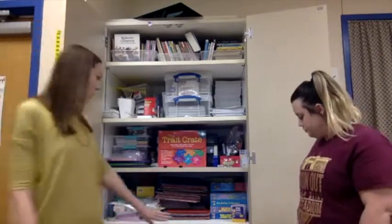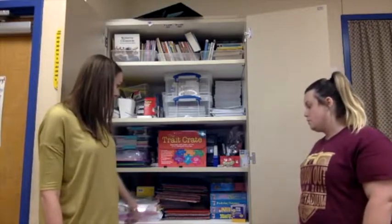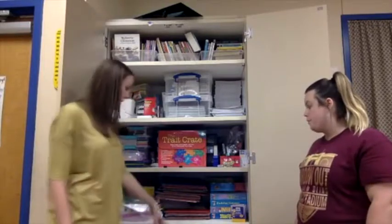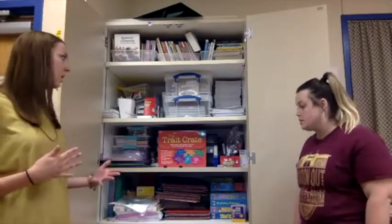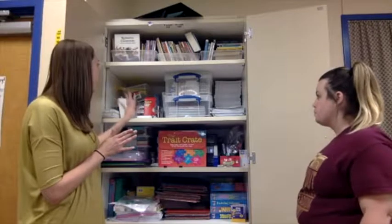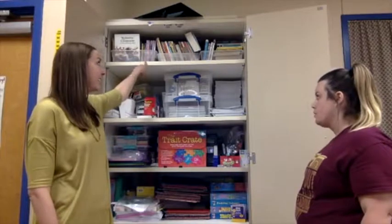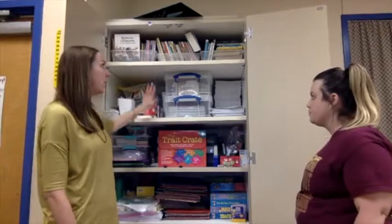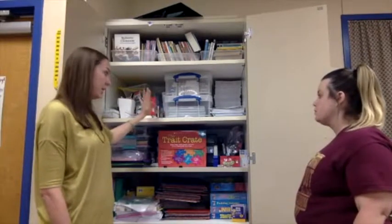So maybe we can make your bottom shelf that, and then do reading, writing, social studies. And you could put the Journeys books with your social studies stuff, depending on how many fits. And then do another shelf of school supplies. I would encourage you to try and get rid of those if you can, because that gives you another shelf. Ideally you could have 2 shelves of teaching supplies and then 3 for...